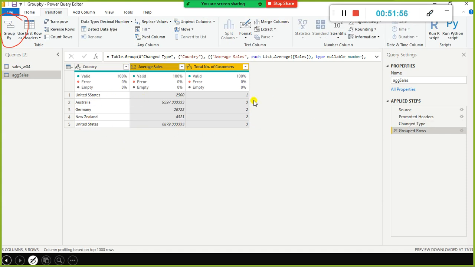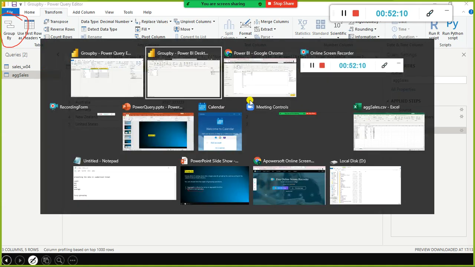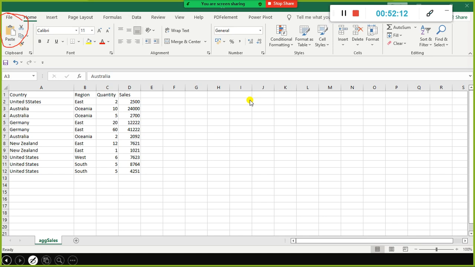Since there is a typo, it is a separate record. Actually this one also should be made part of this one with the fuzzy thing, right? Fuzzy matching, fuzzy grouping. We can address this issue on cloud. So in Australia we have 3 records. We'll go and verify it in my Excel sheet. In Australia we have 1, 2 and 3 records, correct? So 3 records are there for Australia.